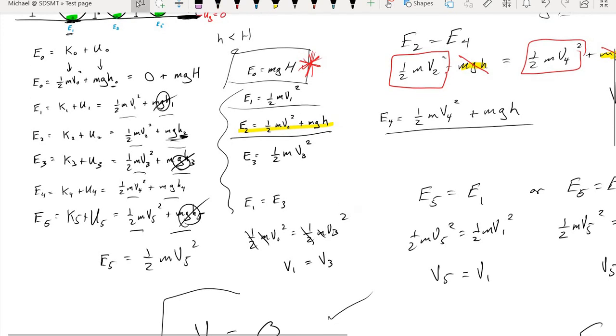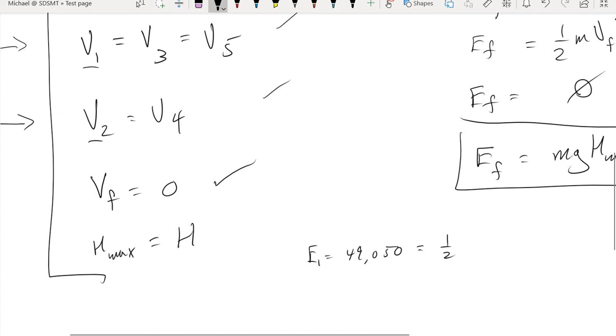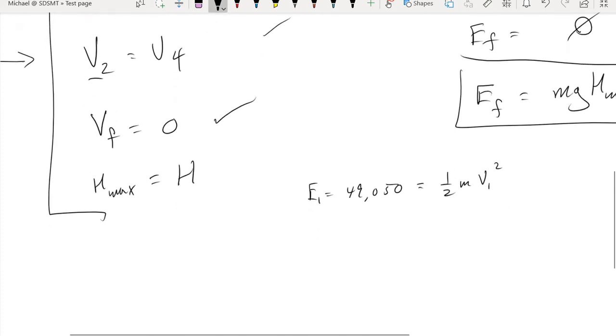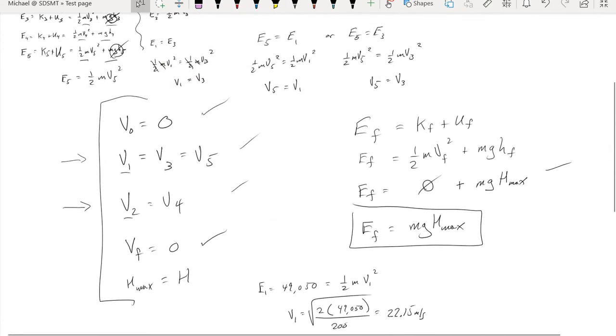So E1 is all in kinetic form. E1 is 49,050 joules, and that has to equal half m1 v1 squared. So we solve for v1 squared. We need to multiply each side by 2, divide by the mass, which was 200, and then take a root. And I'm getting approximately 22.15 meters per second. That is the velocity when we get to the bottom